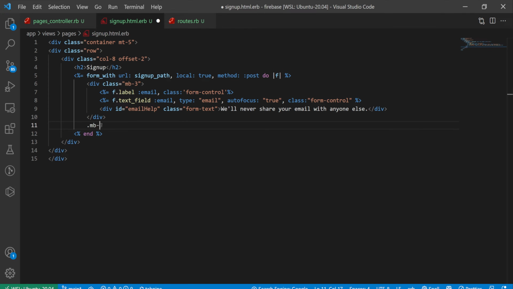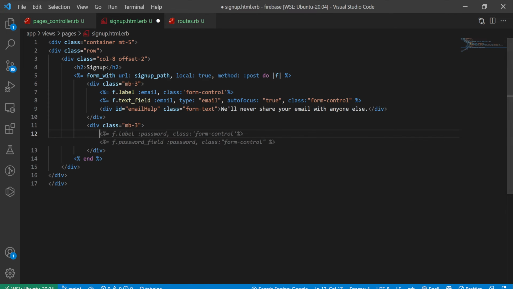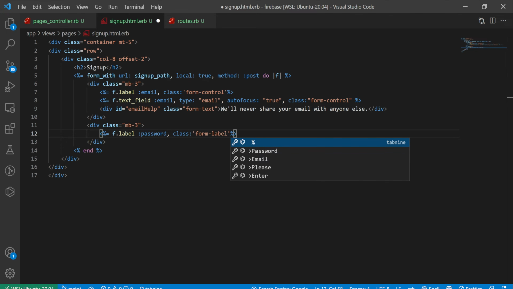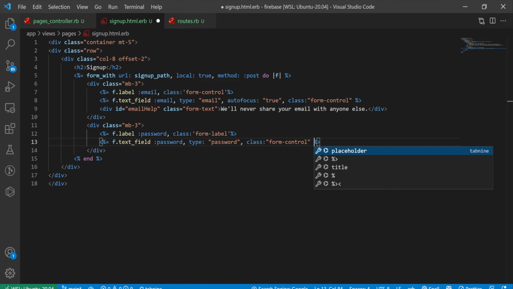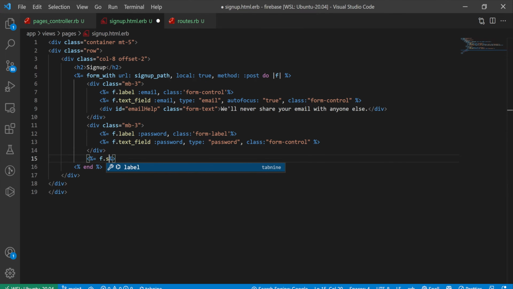Next, we can do a mb-3 again. This is going to be for our password. So for this, we can say this is going to be a f.label for the password, class of form-label. Then do a f.text_field for the password, type of password, class of form-control. And then outside of this div, we can do a f.submit sign up, class of